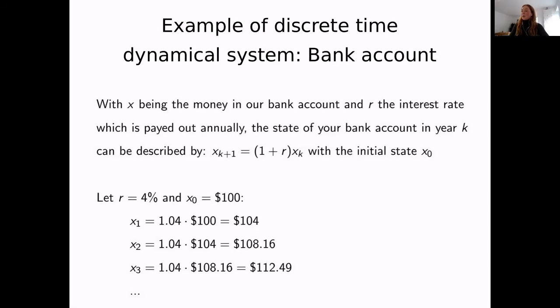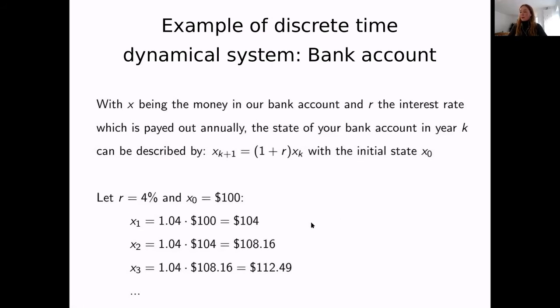Then you can describe the amount of money you have in your bank account by this equation. So the next year's amount of money depends on this year's amount of money and the interest rate. And when you start with the initial state x0 and you have maybe just an interest rate of 4%, which is very high these days,